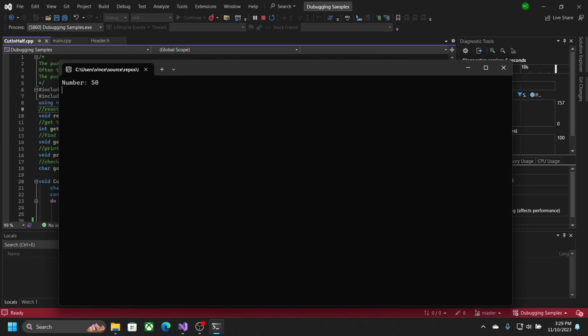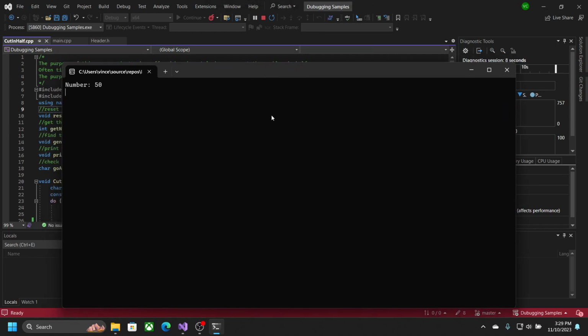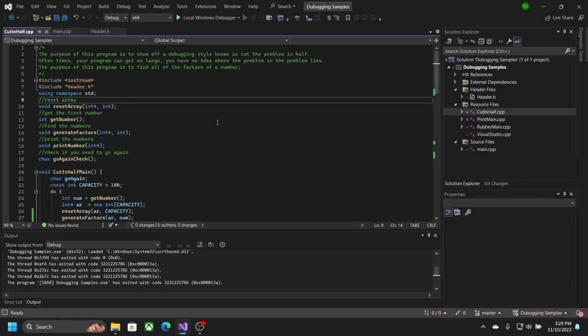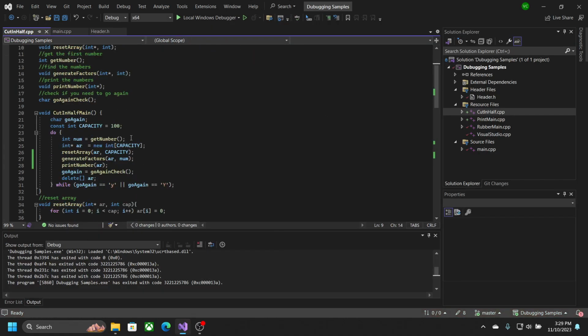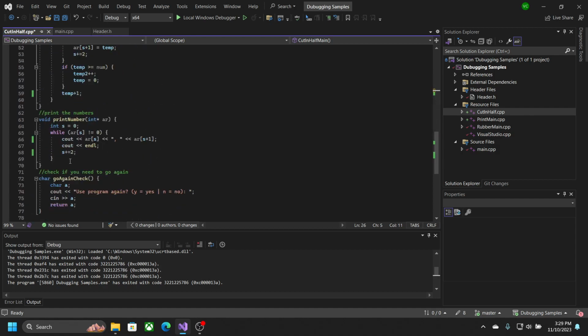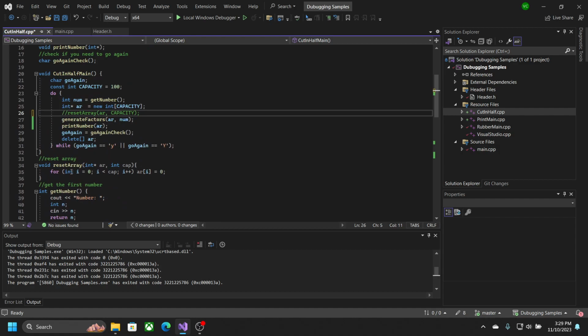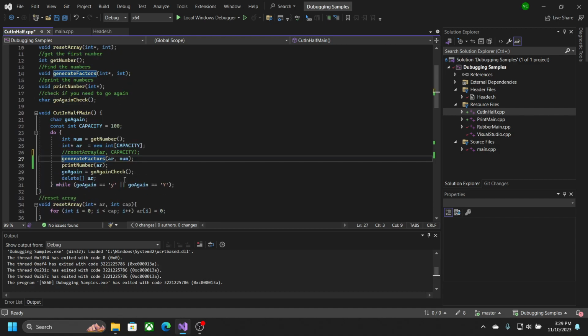It is now in an infinite loop, and we don't know which one of our functions is doing it. So in order to figure that out, we're going to be using the cut in half method. Basically, you comment out parts of your program that you think might be causing it. Each of these three functions here has different loops in it, some while, some for loops, so they're probably the cause of our infinite loop. So if I comment those out,